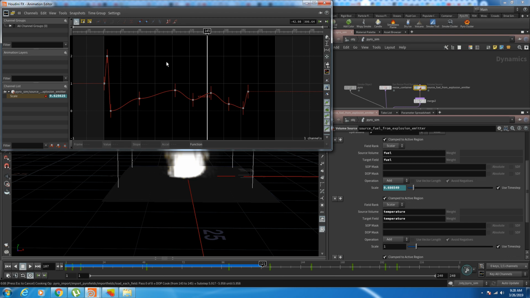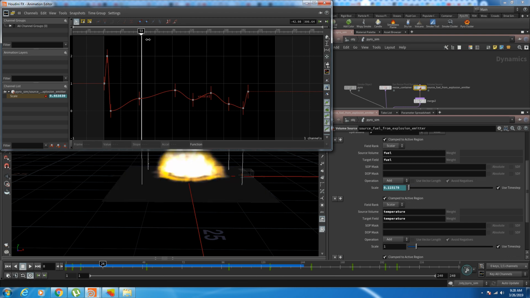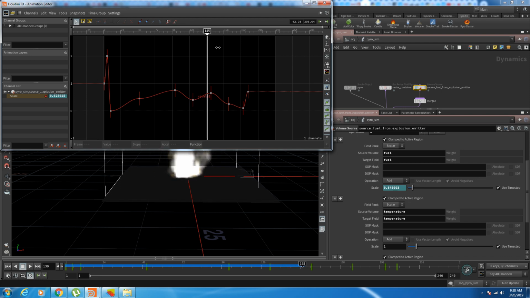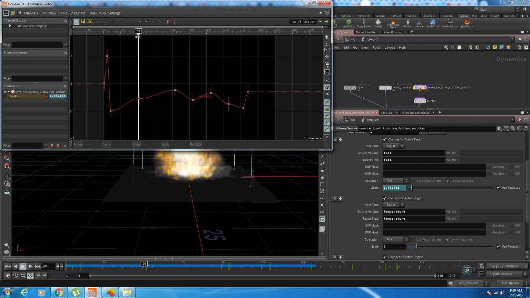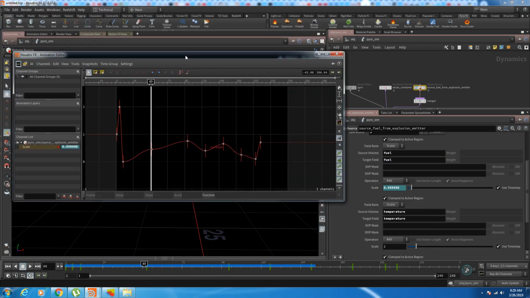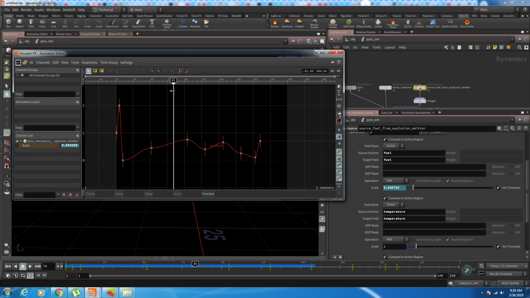So again, if this is something you like, if you want to have fire continuing after your explosion and light up the smoke, that's totally fine. For me, I don't really like it, so after frame 49, I'm just going to kill the fuel. So around frame 72,